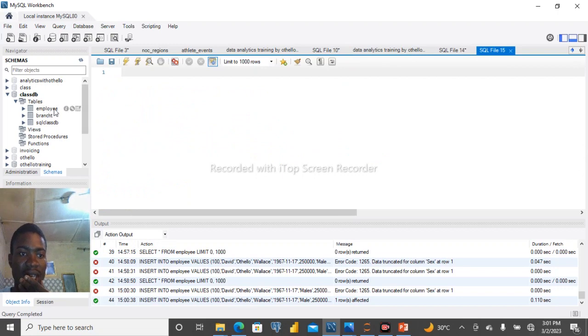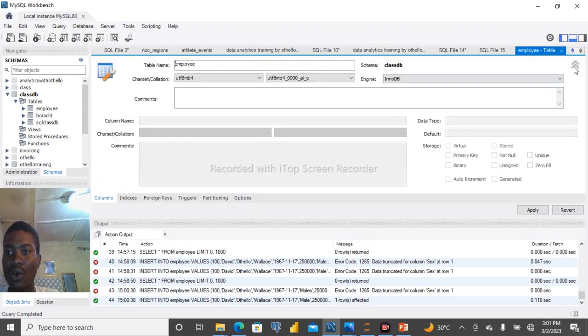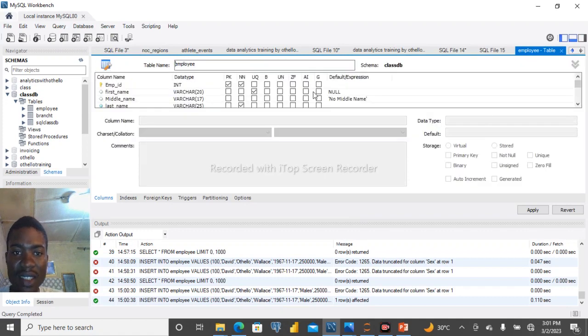Okay, was it in the last name? Let me check. Was it in the last name? I specified unique, so I cannot violate all of those rules I have stated while creating. I specified unique for the first name, and middle name should be no name if nothing was inserted. Okay,